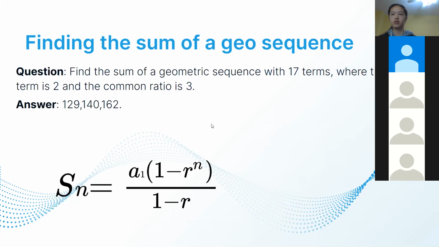Anyway, to solve this problem, again, you would have to identify what the first term is, what the common ratio is, and how many terms there are in the sequence, and then you insert it into the equation. So first,